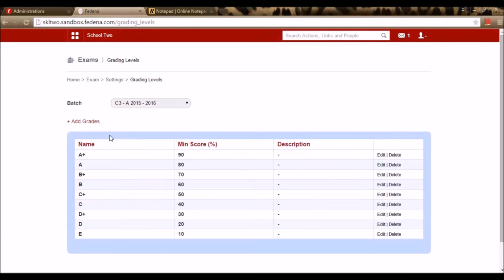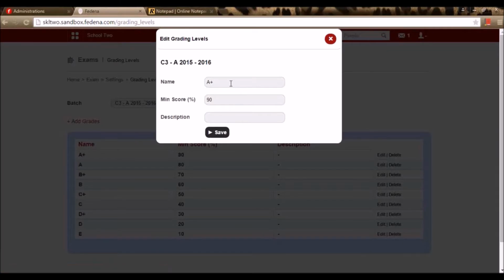Initially for a beginner, there will be no grades here. When you start using Fedena and select the batch, there will be no grades here. And you need to add grades by going for the option add grades. Right now I've added these grades for my class. This is a particular batch having a normal examination, and I've given a grade name, say A plus, and I've given a minimum score of 90.